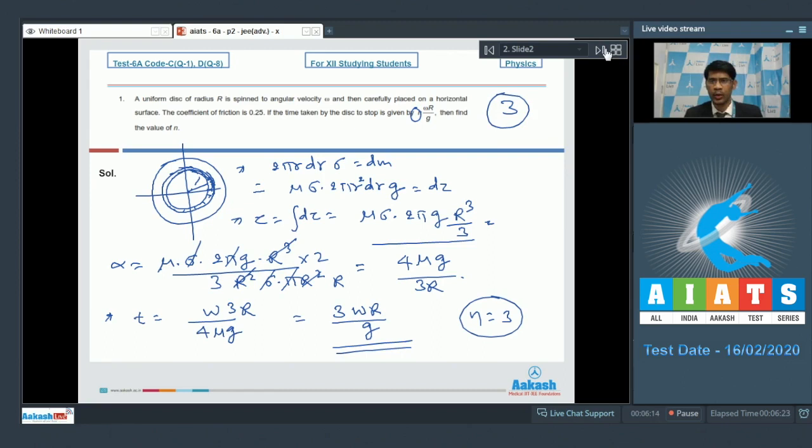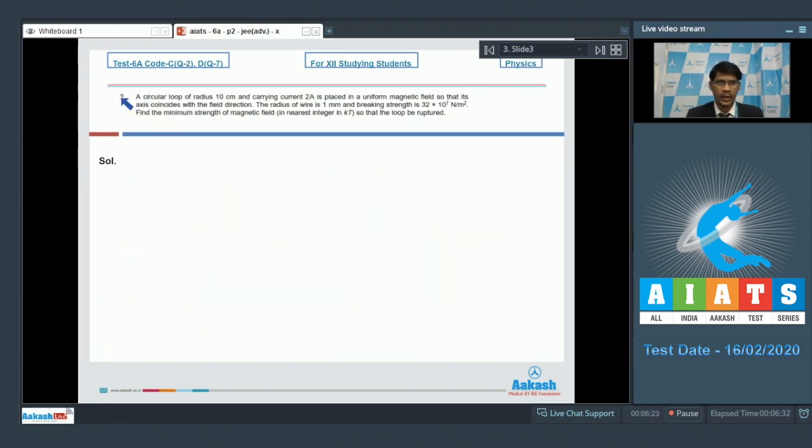Now let's proceed to question number 2. Here in question number 2, a circular loop of radius 10 cm and carrying current 2 ampere is placed in a uniform magnetic field so that its axis coincides with the field direction. The radius of the wire is 1 mm and breaking strength is 32 into 10 to the power 7 Newton per meter square. Find the minimum strength of magnetic field in nearest integer in kilotesla so that the loop may